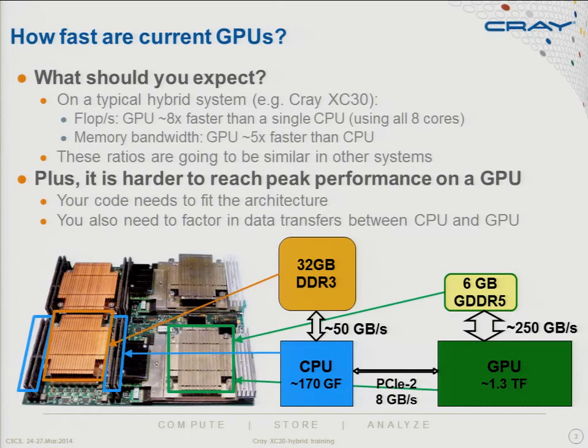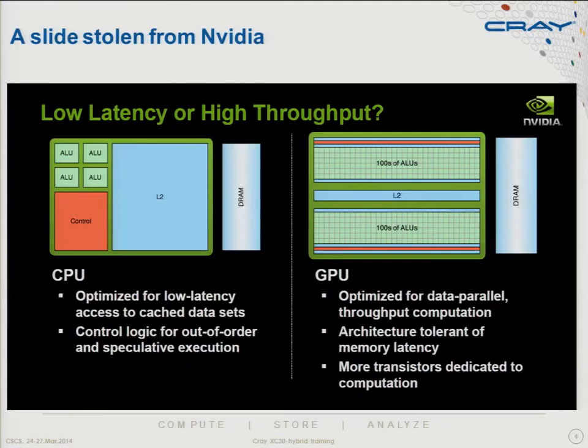But the thing that limits you is this slow link between the CPU and the GPU. In order to get the peak performance, you've got to minimize the data transfer backwards and forwards. And also, because we've seen the CPU is engineered in a way that, this is a slide stolen from NVIDIA, but